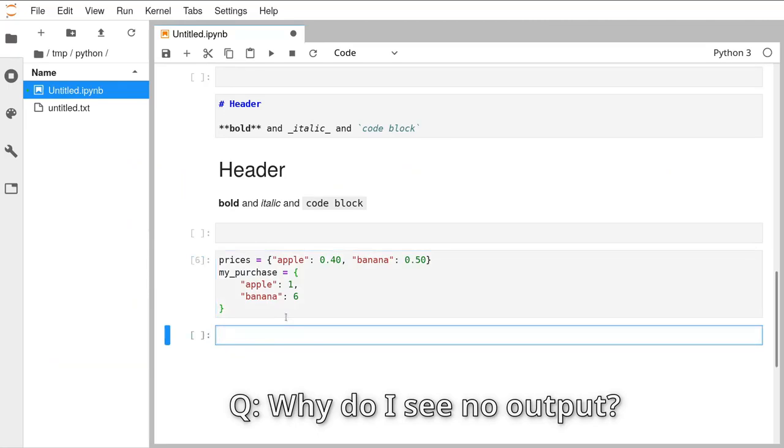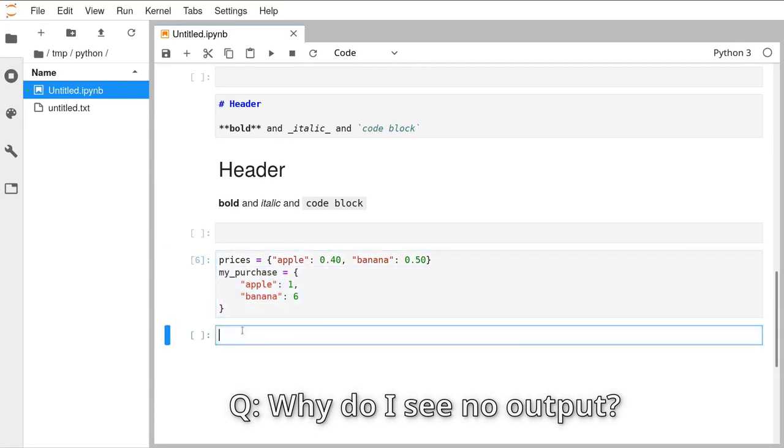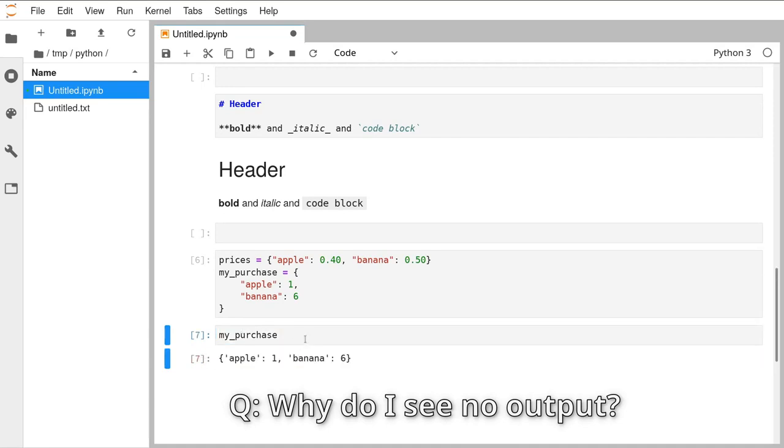And that's correct, you don't see any output, because in this case here, the last line of code, and I say line in inverted commas, I know you can't see me, but I am, the last line of code in that cell doesn't have a value because it's assigning it to a variable, and the act of assigning something to a variable in Python kind of soaks up the value that you would have been passing in. And so this line of code here doesn't have an output of any kind, it's just performing a side effect. And so you don't get any output from here. If we put in this cell my purchases, and then purchase, there we go, and run that,